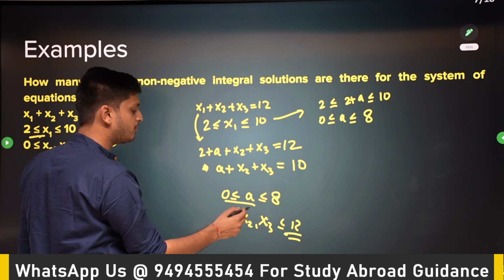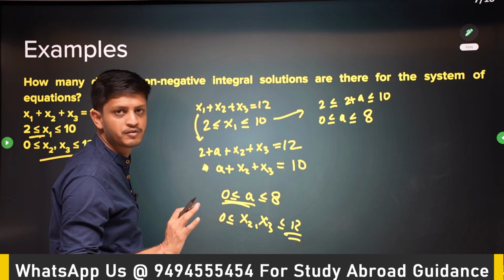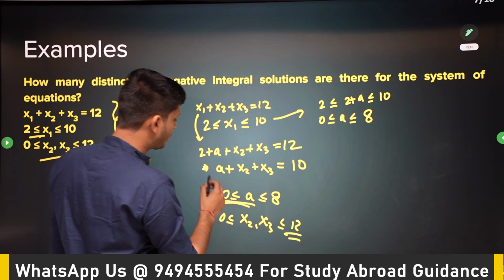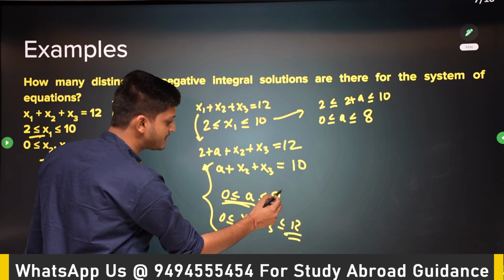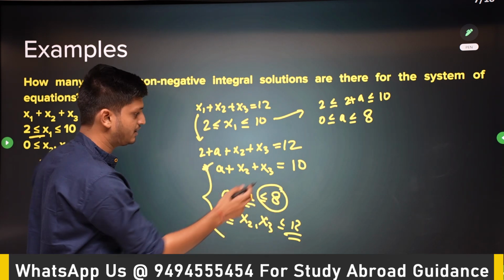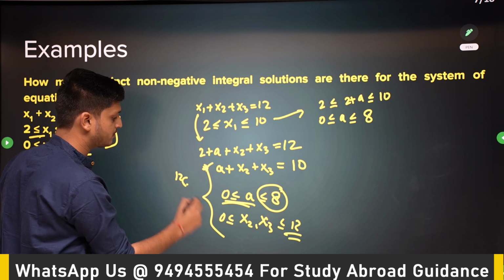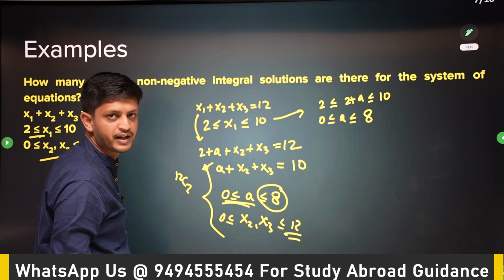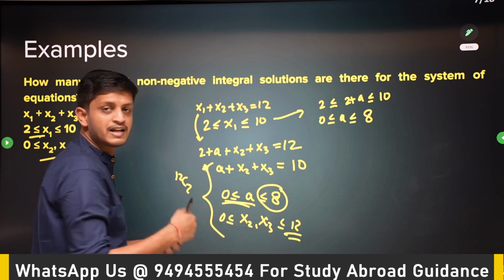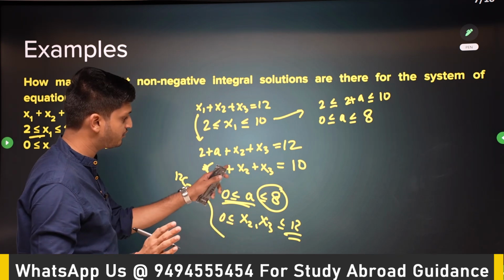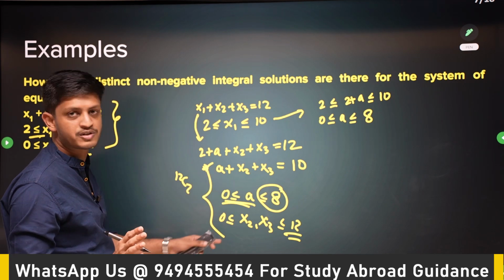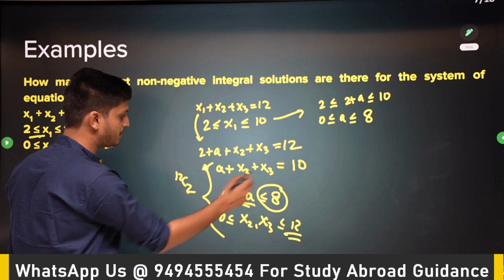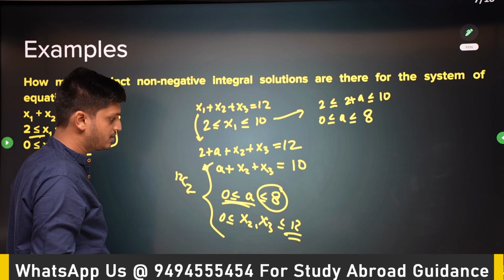So this side of the problem is now okay. a has to be greater than or equal to 0. If the problem had been only this, if the restriction had not been there, then the number of solutions would have been 12C2. If we remove the restriction that a has to be less than or equal to 8, then a, x2, x3 can be anything greater than or equal to 0. Then the number of solutions to this system of equations would be 12C2, n plus r minus 1 choose n minus 1. But